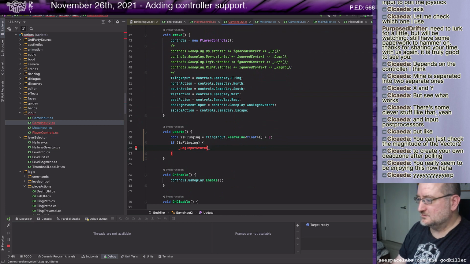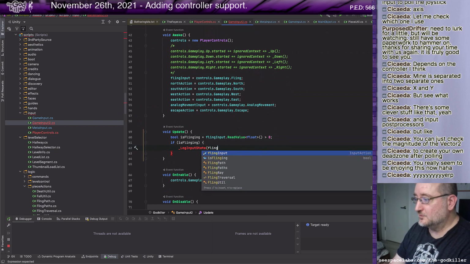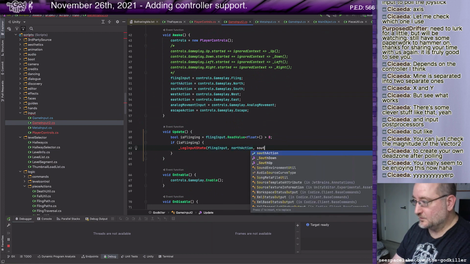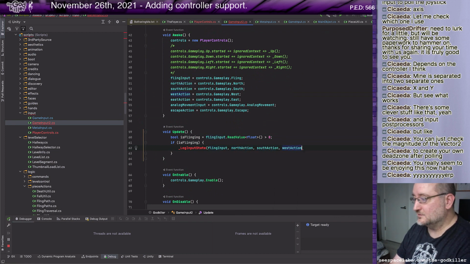Input, okay, fling input, north action, south action, west action, east action, escape.